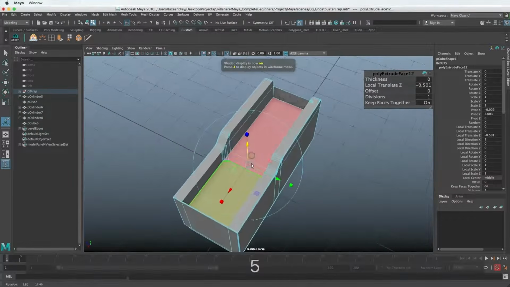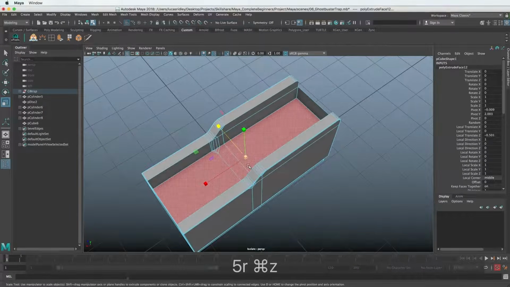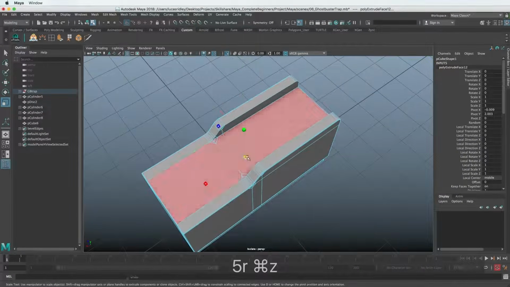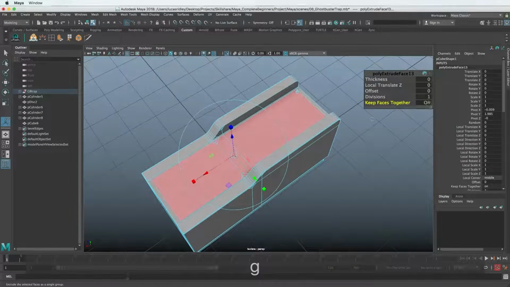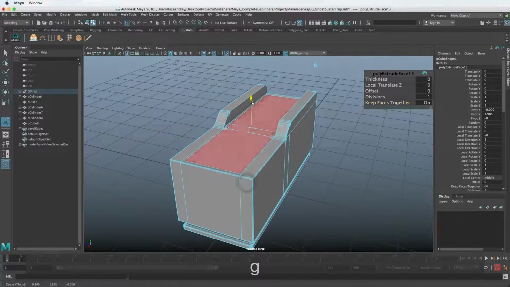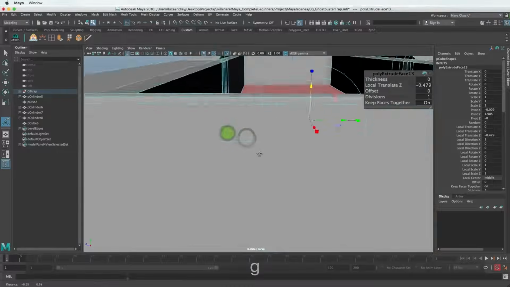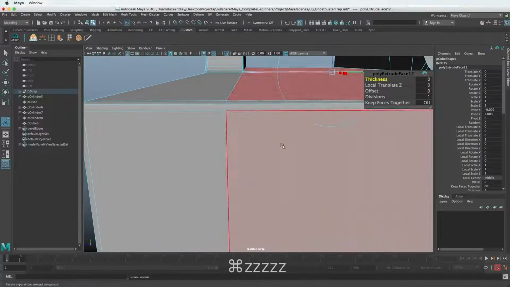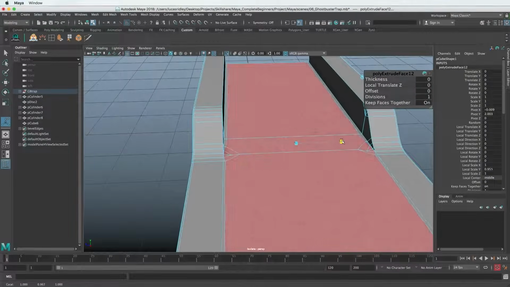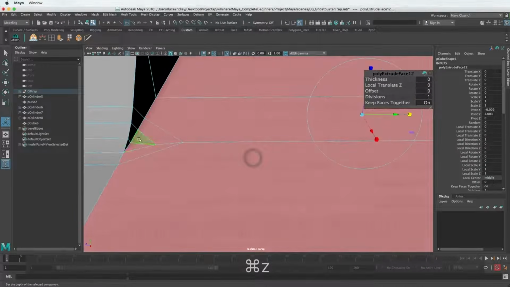We go back to shaded mode so we can see. So that looks pretty good. I'm going to undo that and maybe just scale these in a little bit so they're not right at the edge, and then redo that and make sure keep faces together is on, and now drag it in. So now that we have a little bit of a border there. Let me make sure I didn't undo not far enough back, it looks like. Oh, this is the issue because these aren't following along here.